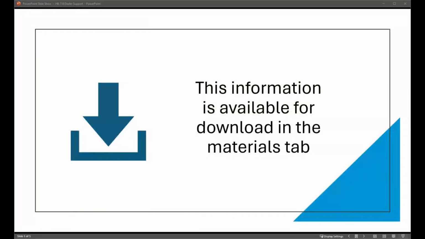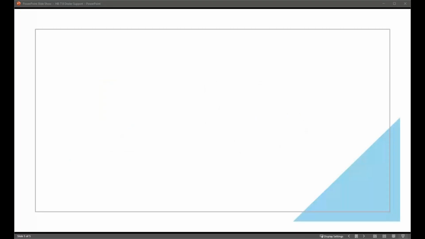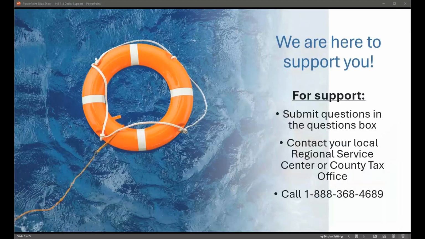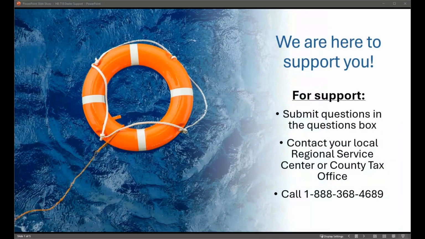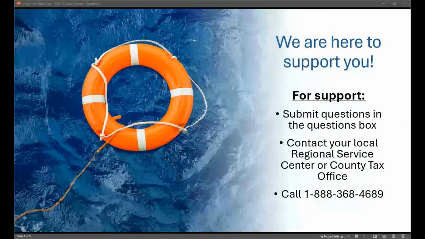So make sure in IMS you have selected that location, and then over to the right, click on search. If you don't click on search, it may not populate that inventory. And then in ePlate, also make sure that you have set that location to that same dealer ID. If they happen to be different, or if you need that inventory in a different dealer ID, you can transfer that inventory to that other dealer ID.